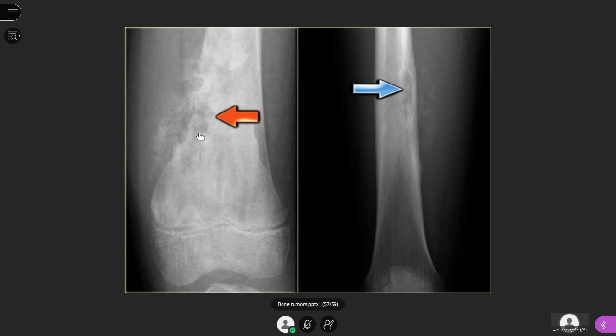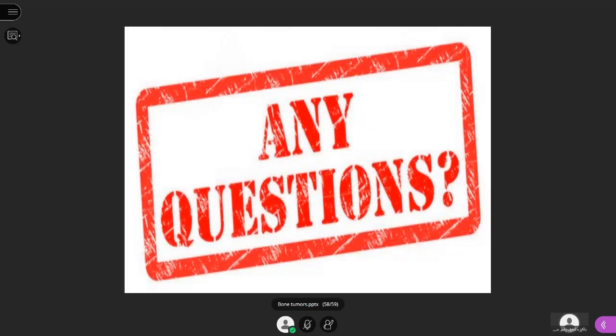Why osteosarcoma? Because the age and the location favor osteosarcoma. Along with that, there is cortical destruction and new bone formation as well, periosteal reaction as well. Okay, so bone biopsy can confirm the diagnosis, and also the clinical history, because the history in osteosarcoma will be a painless hard swelling, while in osteomyelitis the patient will have pain, signs of inflammation going on, which is redness, swelling, and along with that he will have fever. So these are the two differential diagnoses of this lesion.